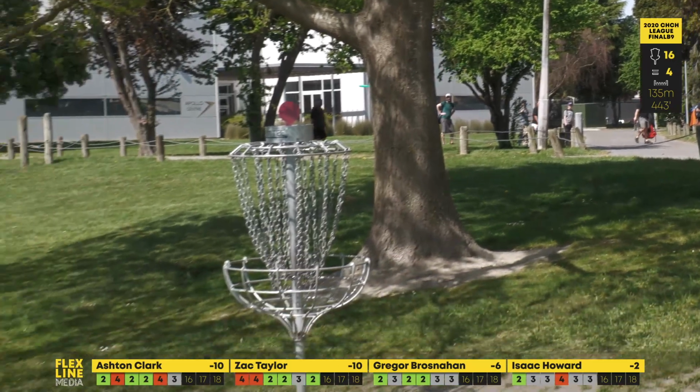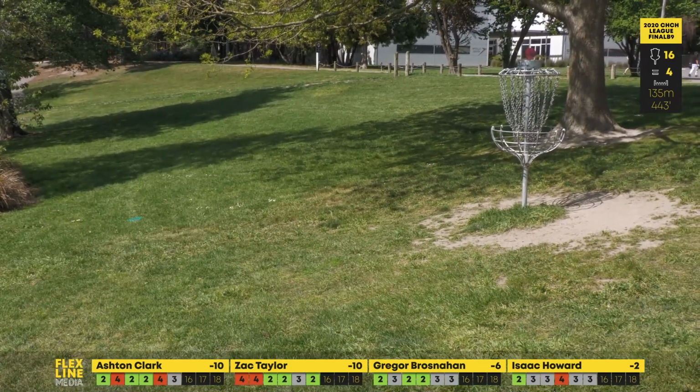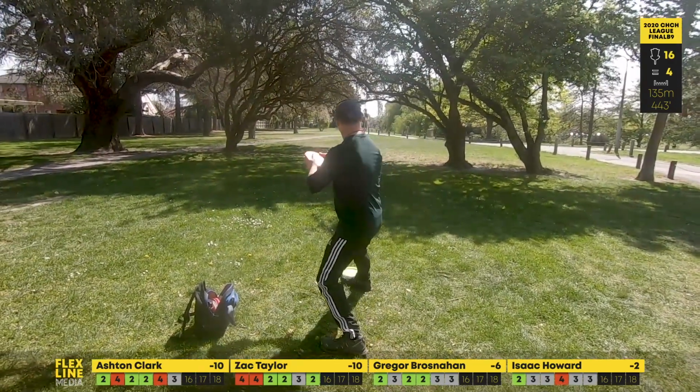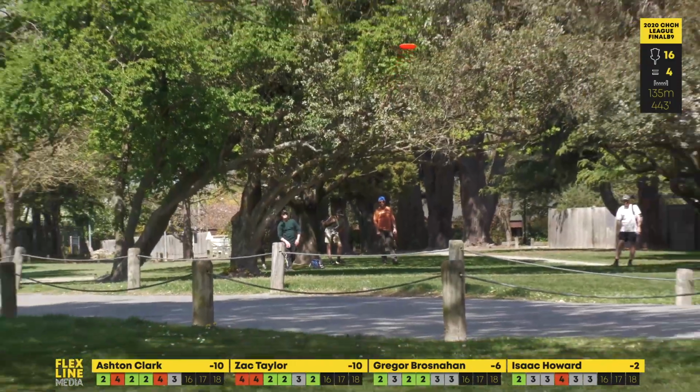Oh, Isaac snuck through that gap. I had to hold my breath, finding a really small gap. Fantastic. And he is inside the circle, which is phenomenal. Great effort from Isaac. We are getting blinded by Gregor's disc as he puts a bit of anhyzer on it,